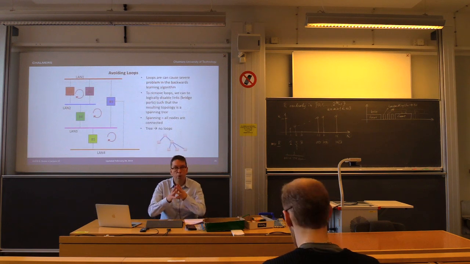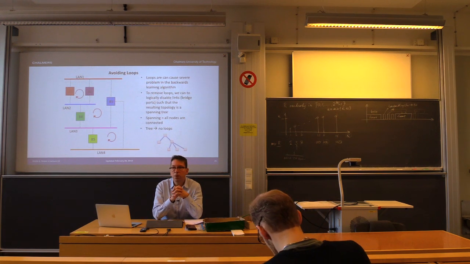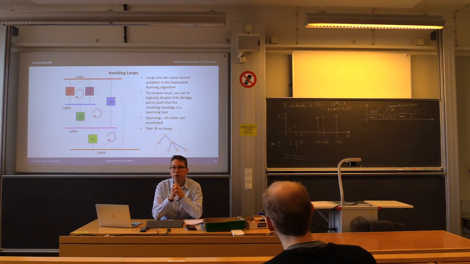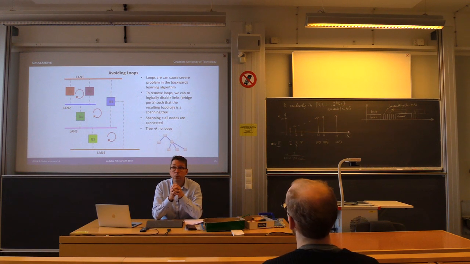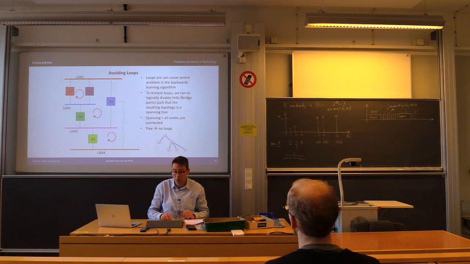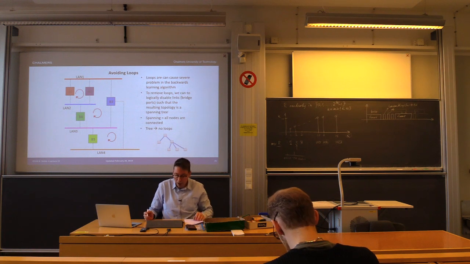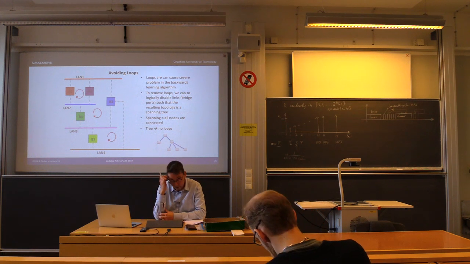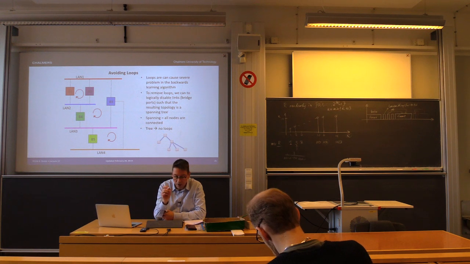Now, there is a problem with this. The problem is when we have topologies with loops in them, because then this learning strategy will fail. The routing tables, or forwarding tables, will be messed up. To show how to resolve this, and also show a little of the problems that can occur here,